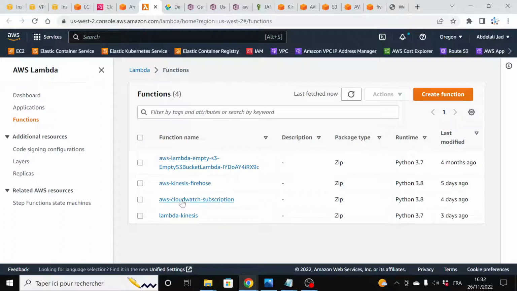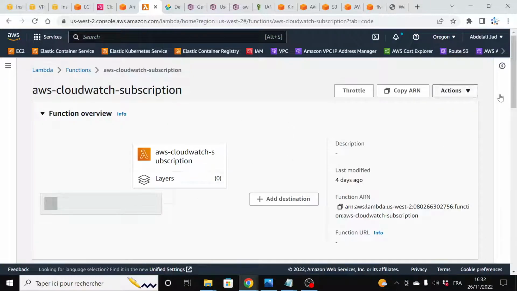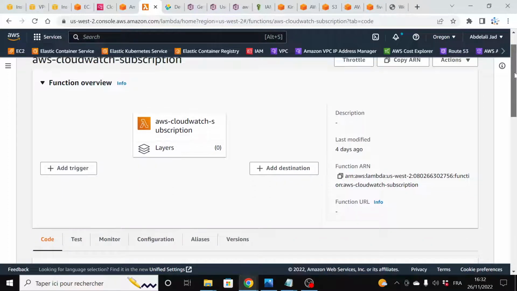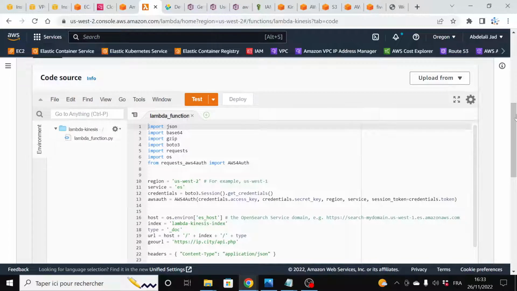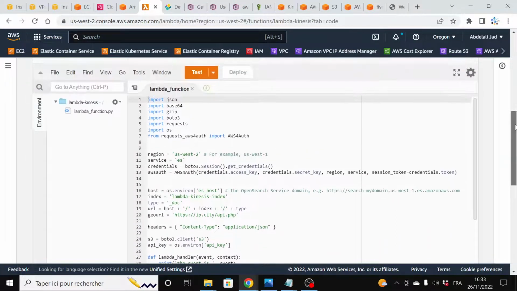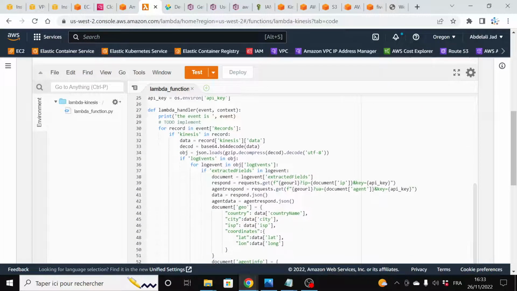So this is our AWS Lambda. So this is our AWS Lambda code, right? What this AWS Lambda actually does is read records from a Kinesis